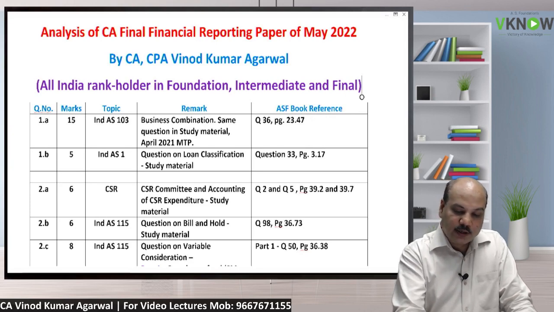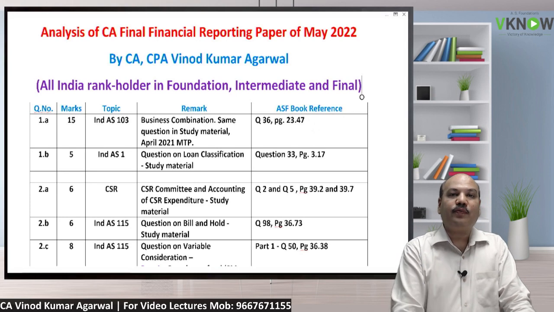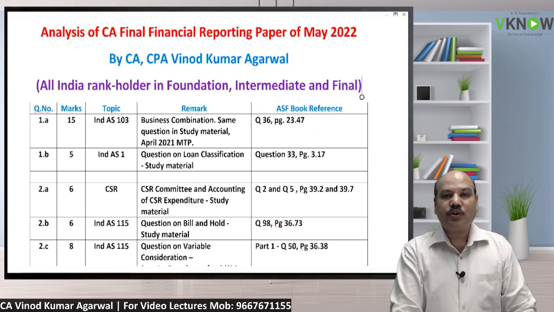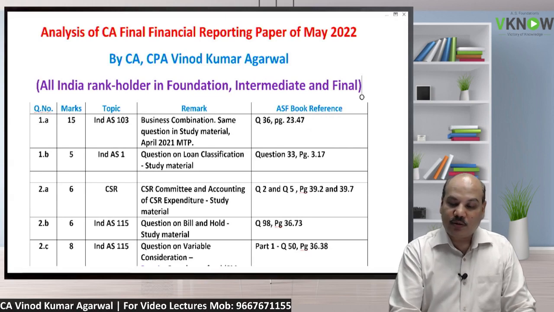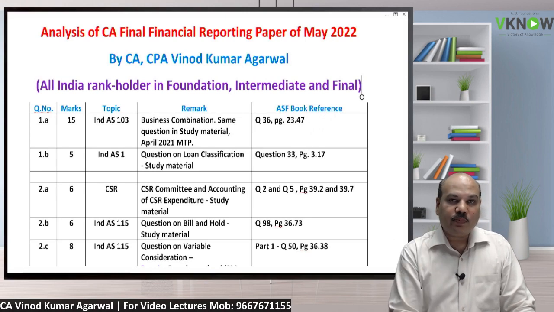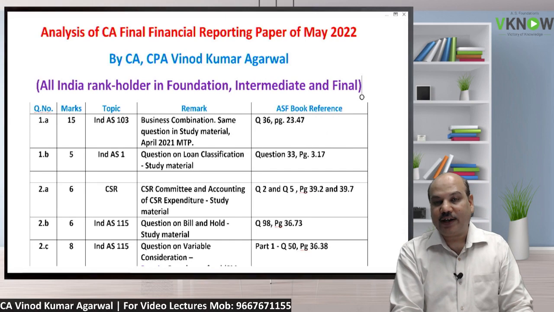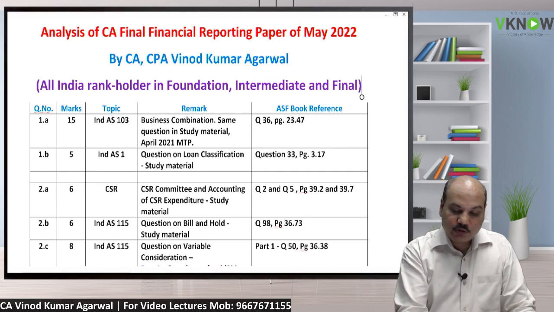Question number 5B, Ind AS 105, a very good question which is based on disposal group. Same question in the study material, and we have covered 3 or 4 similar questions. The question which is exactly matching with the ICAI is question number 19 in our class note. 5C was based on